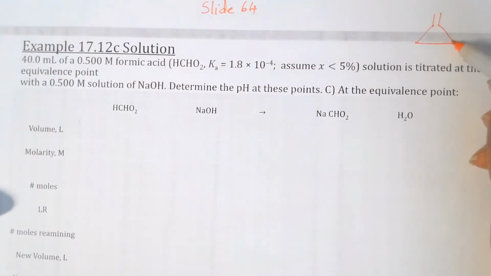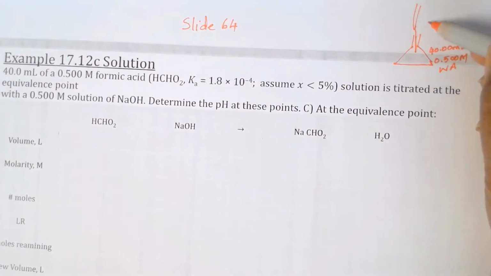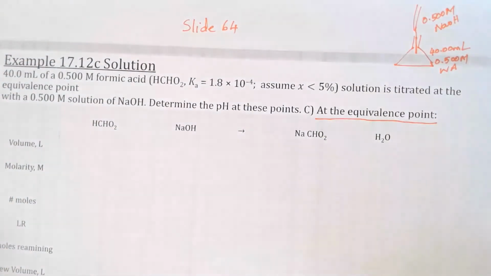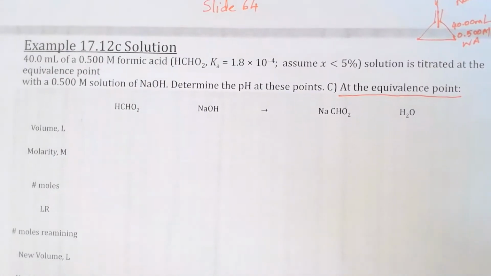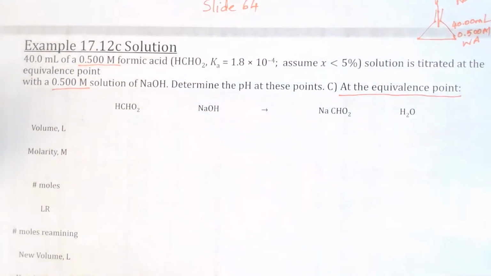to fill it with a fresh 40 ml of the acid, which is 0.500 molar, a weak acid. Now from the top, through the burette, we are adding 0.500 molar sodium hydroxide. Now this is at the equivalence point, and we talked about this also when we did the strong acid, strong base titration. If it's at the equivalence point, and if you have equal molarities of the acid and the base,